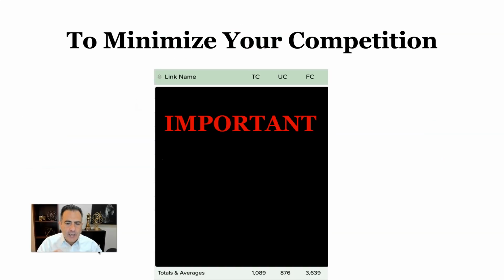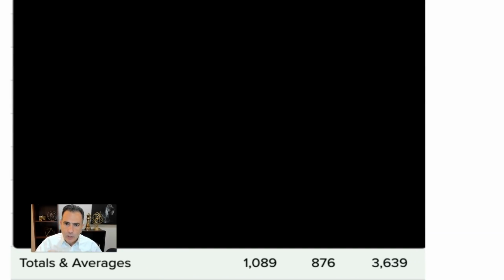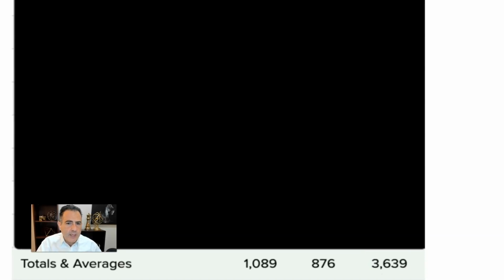The reason for that is simple, because I want to minimize your competition, whether you know it or not. We have a tracking system that we use for ourselves and our clients. The black area is all the products that we are advertising for. I can tell you that in one month, this is an old one, by the way, right now it's probably a lot more than that. It's about 7,000 last time I checked. These are bot clicks. In other words, they go into the description area in YouTube and they click on whatever I'm giving you. If I'm giving you a free funnel, they get that free funnel and they compete with you.